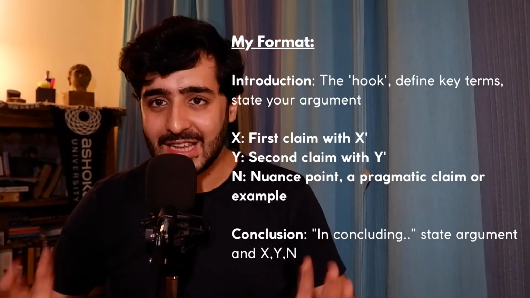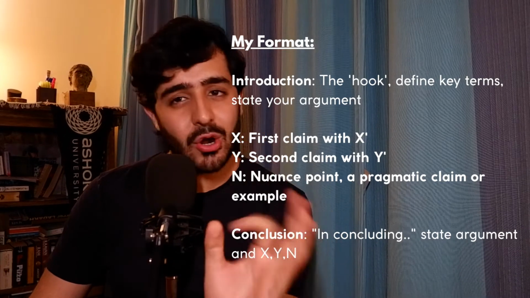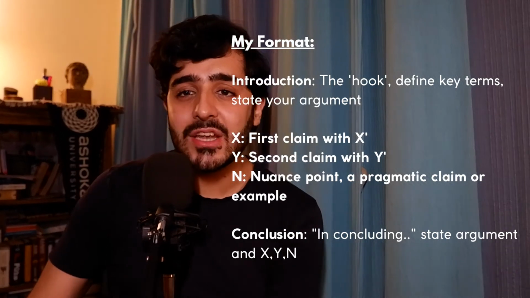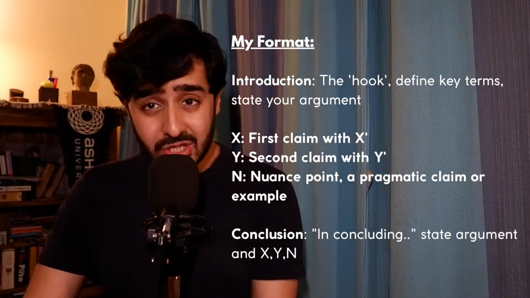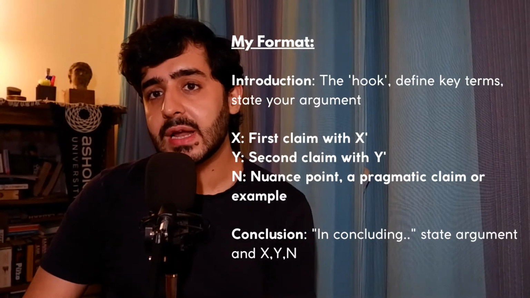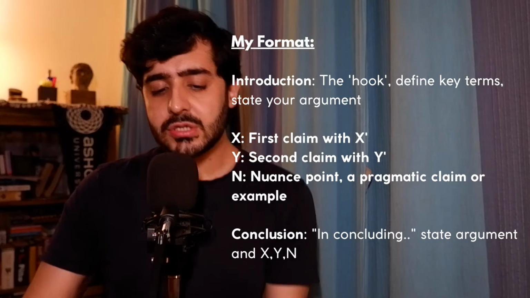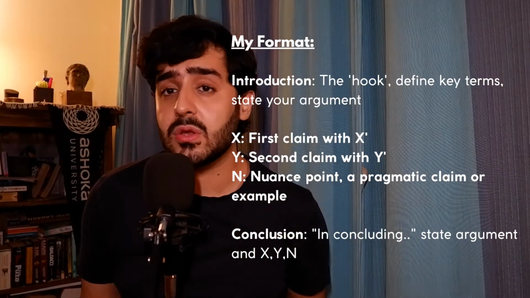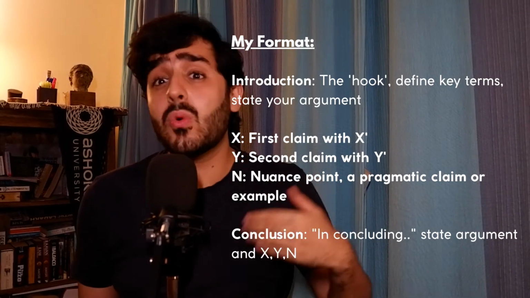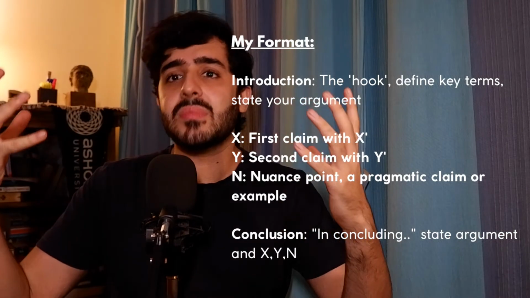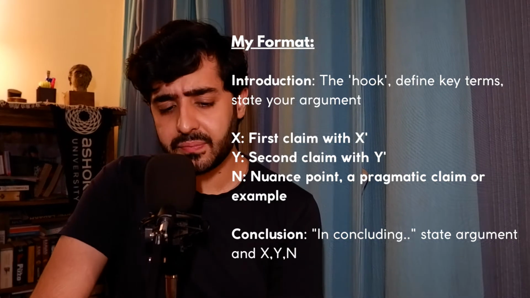Now N is a special one. N is really something that I feel becomes the cherry on top of your LNAT cake. It is the nuance point. It is really a place for you where you can actually show that you're able to understand this prompt and the debate around it so well that you can relate it to the real world. So here you want to put down real world examples. Here you want to put down a pragmatic element to it. Maybe if you're discussing a policy, how would it actually pan out in the real world? So some sort of an example, some sort of nuance to the claims you've made. It's a great way to end the main body.